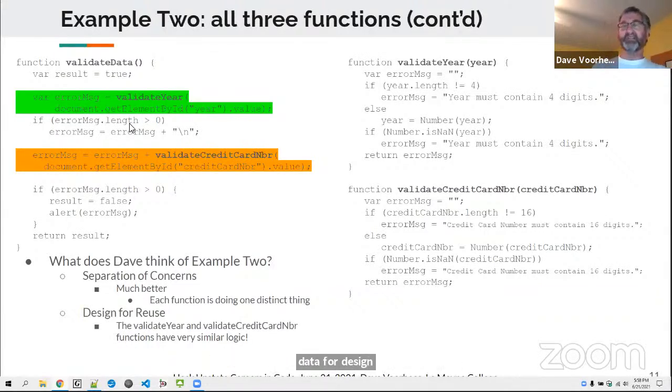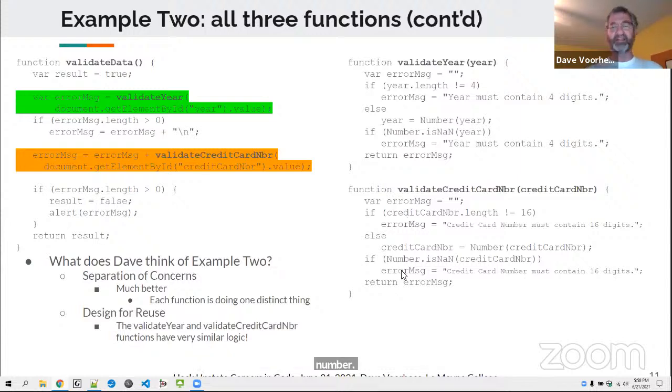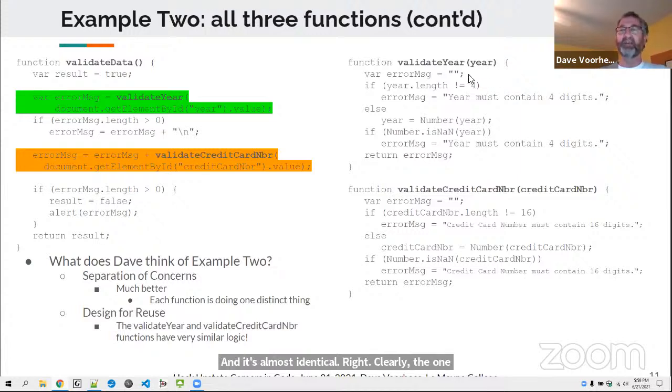Design for reuse. If we re-look at that and we focus on validate year and validate credit card number, you just look at the structure of this code and it's almost identical, right? Clearly, the one difference is we're referencing the parameter variable year here, and the parameter variable credit card number over here.